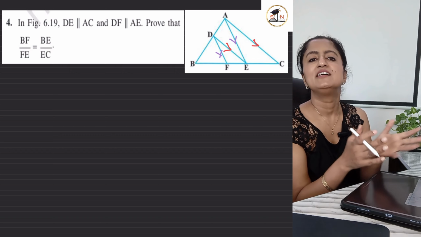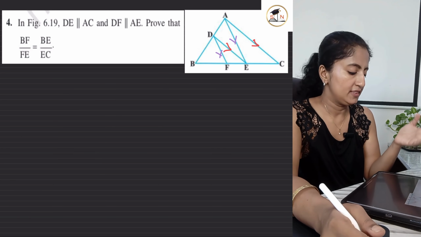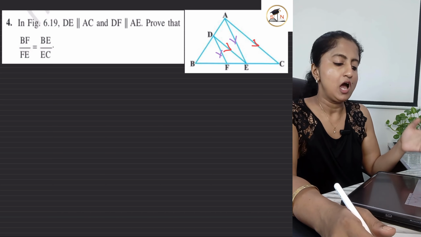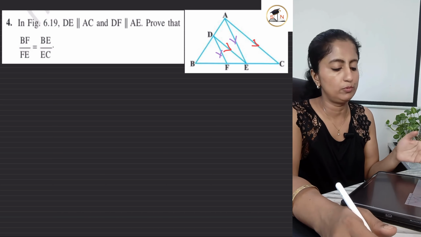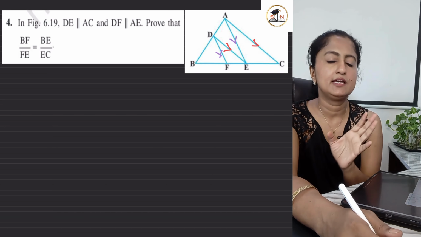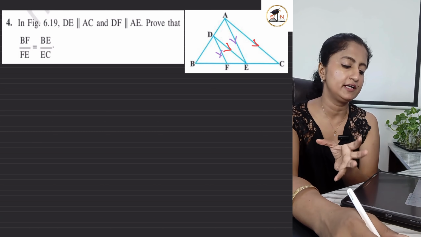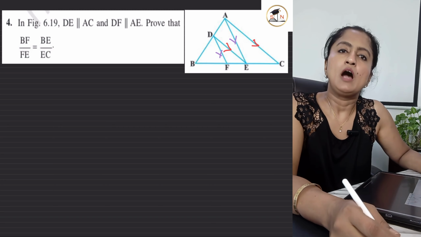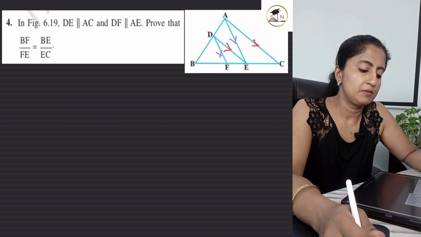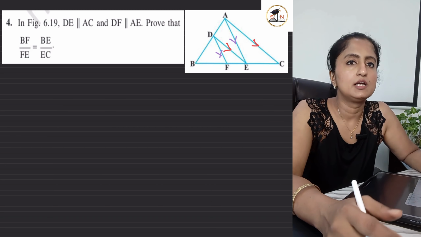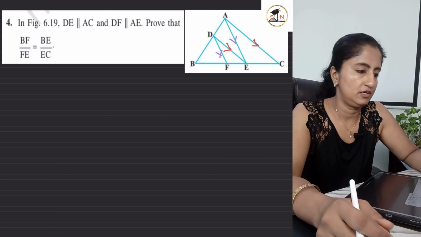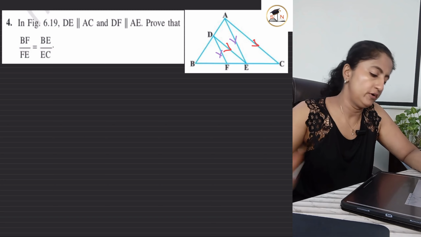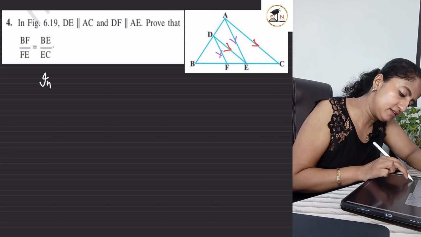What we can see, the ratio that we are supposed to prove, they all belong to same length BC, right? So how are we actually going to do over here? And if we see, this whole figure is actually divided in so many triangles, right? So we have to understand how are we going to select the triangles, because it is going to be based on the given parallel sides. Okay. Now, what are we going to do over here? We are actually going to use in triangle